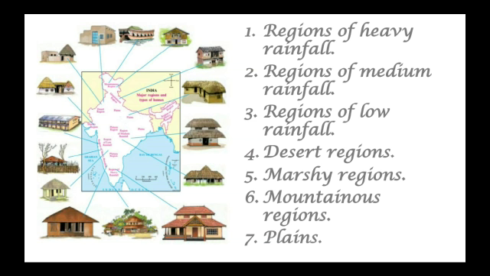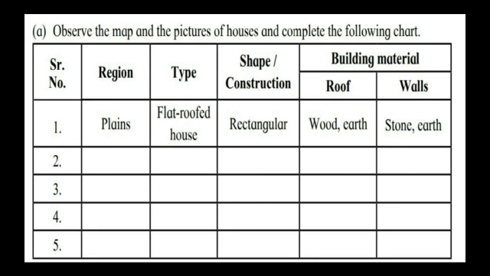So the above house types show in the map of India the types of houses that are common in the respective regions since ancient times. Now you have to note that the construction or structure of the houses changes from region to region. This we have done in this question. You will be doing it in your question and answer part. So you have to write this down with a pencil in your textbook and also in your notebook.